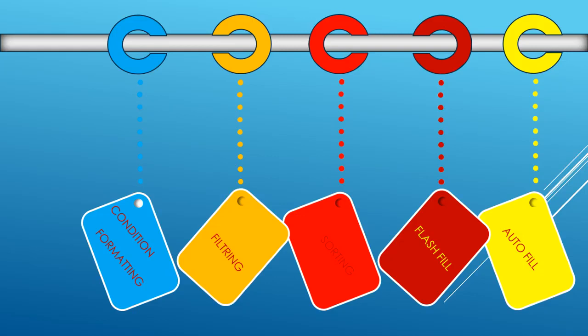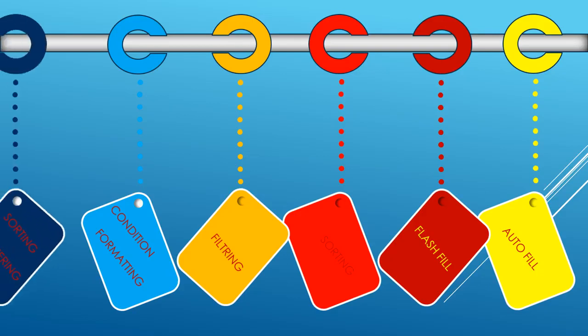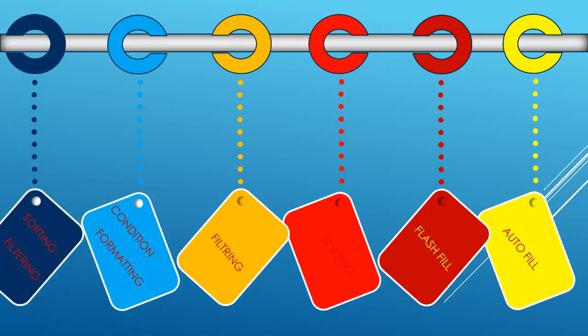Then finally we learn more sorting and filtering options. First we learned sorting and filtering separately, then some more features are there, more sorting and more filtering. Using that option we can do more. We want to arrange the data such that all the plain rows are on top. For this we need to sort by cell color, which can be done as shown in the figure. Here one figure is given.